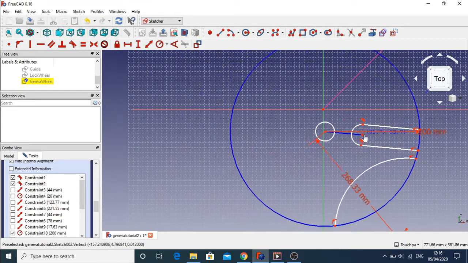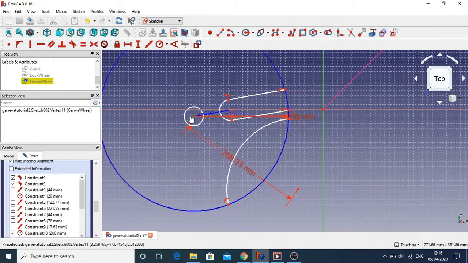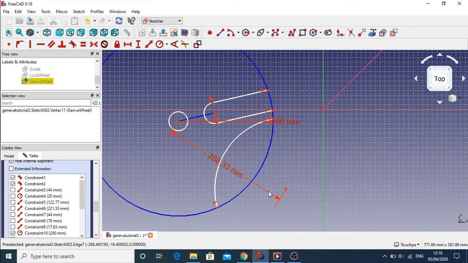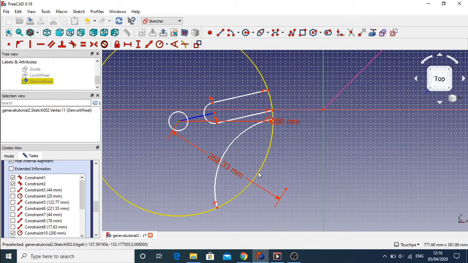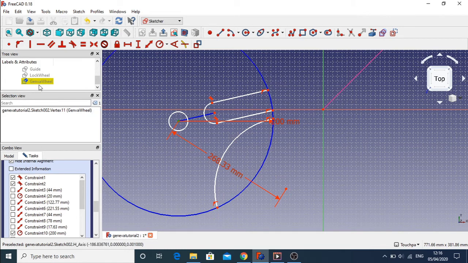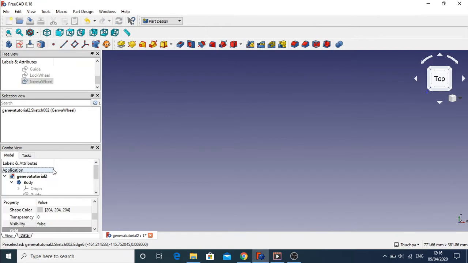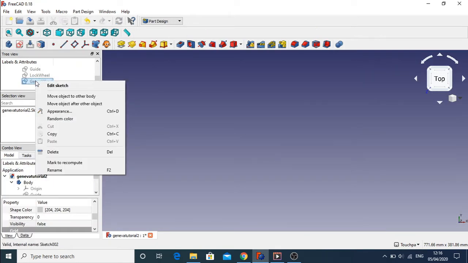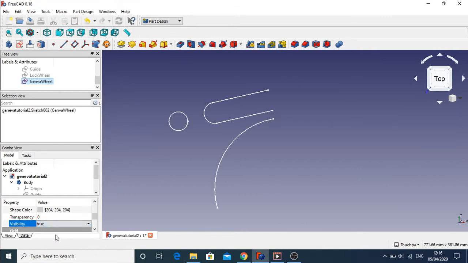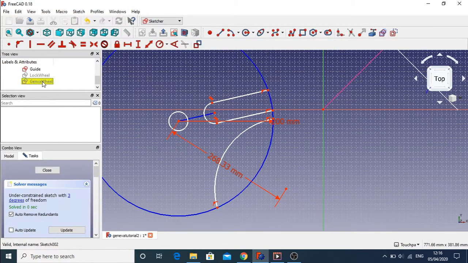So now I can actually anchor this to the center if we want. Actually no, I'm not going to do that. Our first object needs to be anchored to the center. So that's all constrained within our construction object. And if I leave this now, you'll notice that in the part designer, if I set the visibility of this to true, you see there's no construction objects being taken into account in the part designer. So let's jump back into the Geneva Wheel,